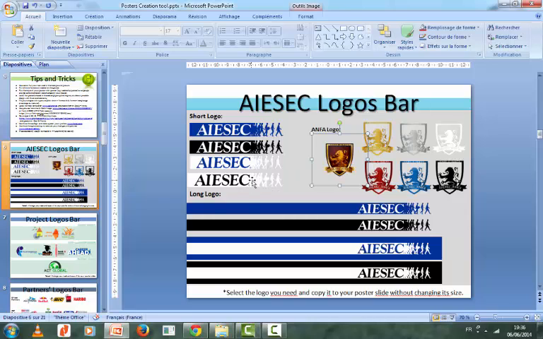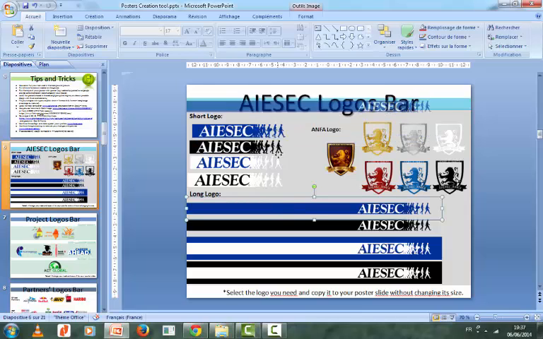Usually, in order to have a brand-aligned poster, you need to put the short logo either at the top or at the bottom. And the ONFA logo should be in front of the global one on the right, sorry, or down on the right. Now, for the long logos, you can only put them at the top or at the bottom